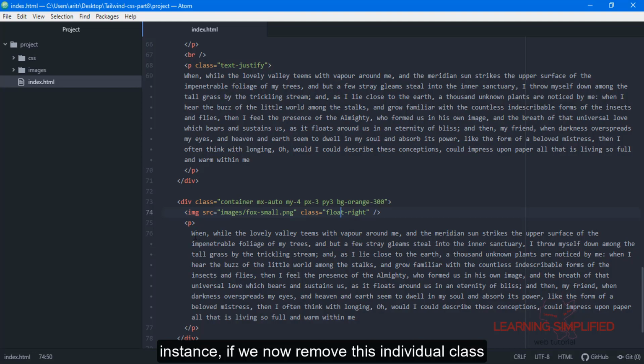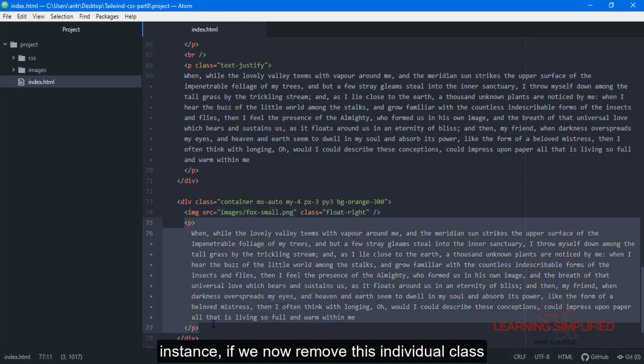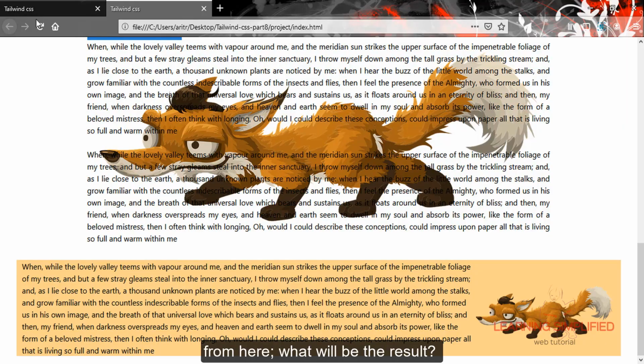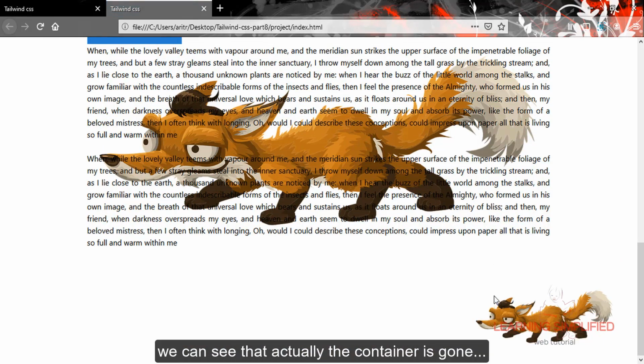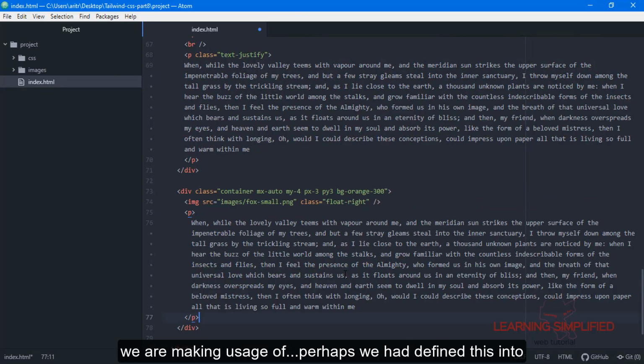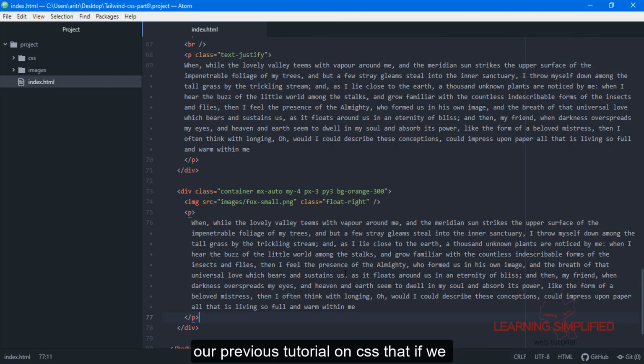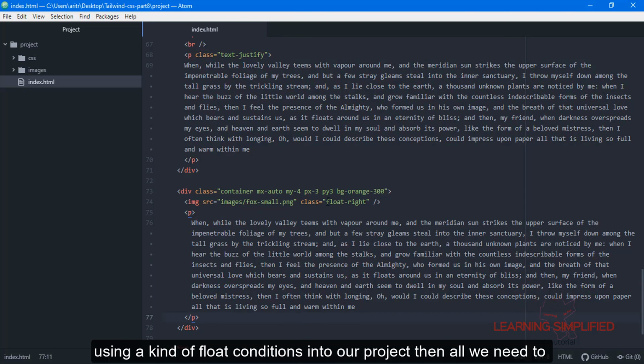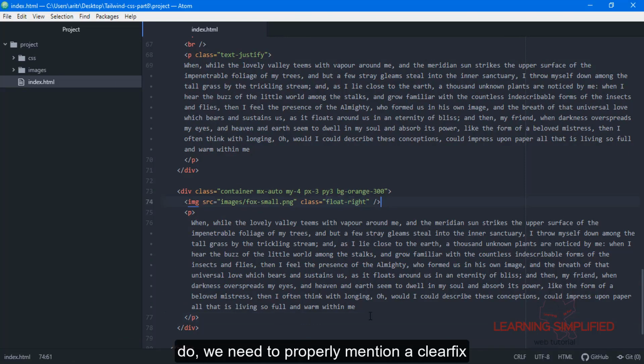For instance, if we now remove this individual class from here, what will be the result? We can see that actually the container is gone and the image is only appearing over here. But where is the container? Now here comes the fact, perhaps we had defined this in our previous tutorial on CSS, that if we are using float conditions in our project, then we need to properly mention a clearfix option, which suggests the usage of the property clear both.